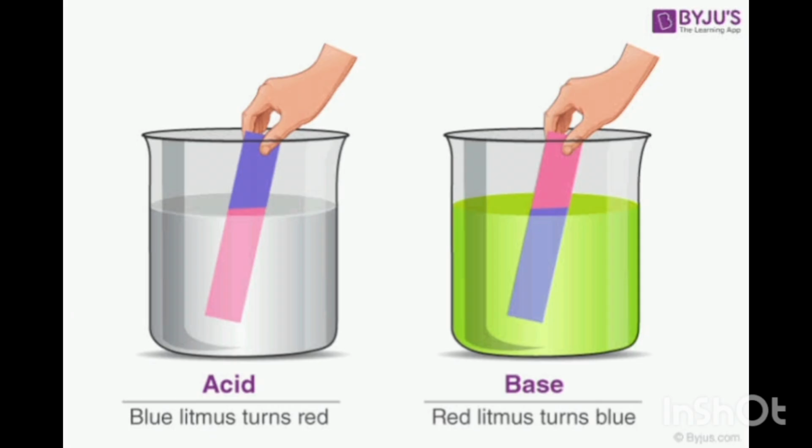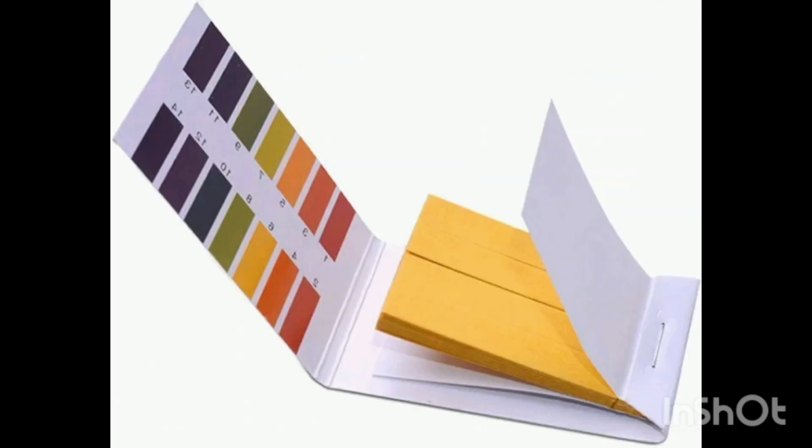Have you noticed that a stain of curry on a white cloth becomes reddish brown when soap, which is basic in nature, is scrubbed onto it? Yes or no? You must have noticed it, right? It turns yellow again when the cloth is washed with plenty of water. So you can use synthetic indicators such as methyl orange and phenolphthalein to test for acids and bases.